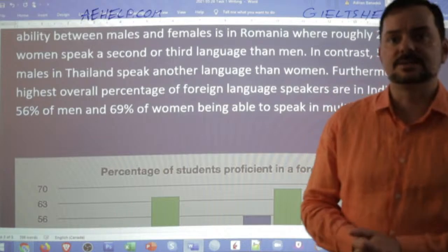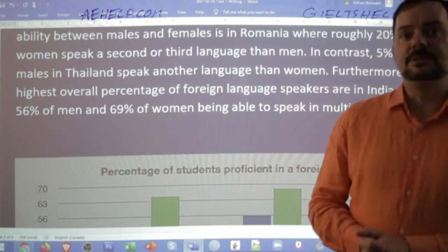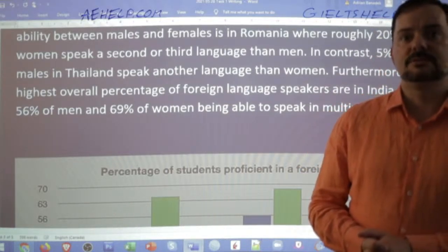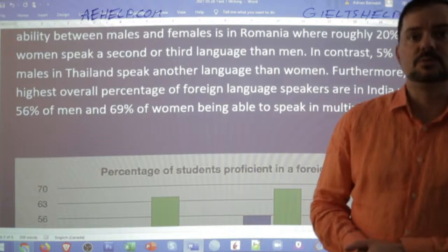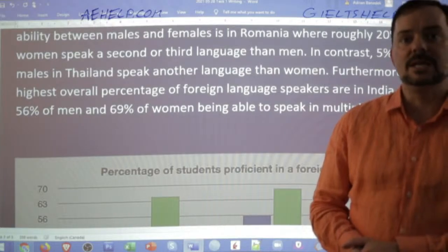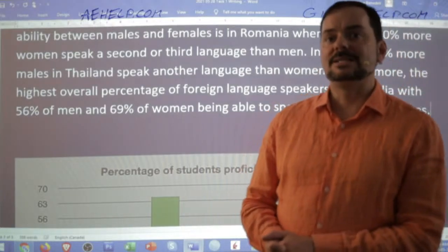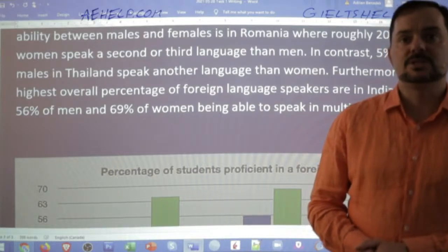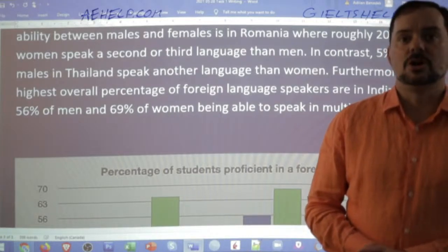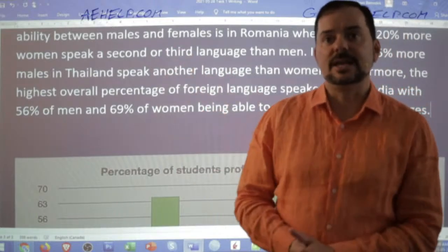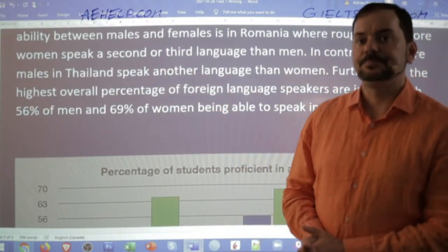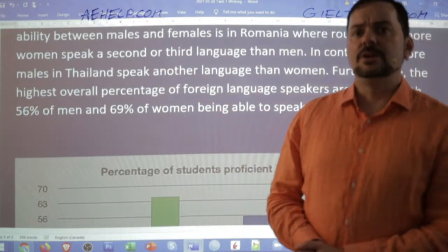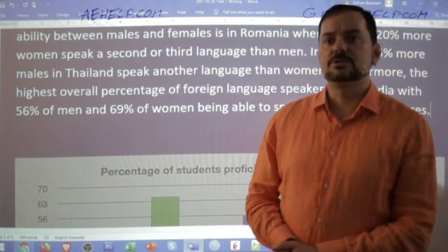Okay, Jainil says, after deeper inspection, the enormous difference in the proficiency of foreign language between males and females is in Romania at around 20%, whereby 62% of men and 42% of women speak another language. Okay, Jainil, I think there's a missing part at the end. Careful with that. Rashika says, in Romania, females speak a foreign language fluently